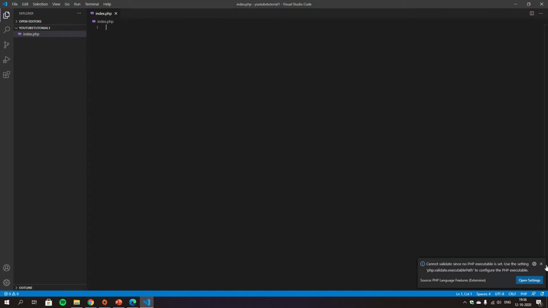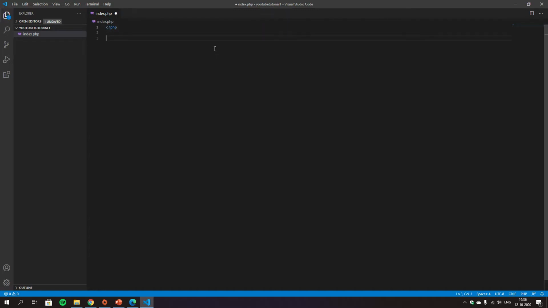Okay, good. You need to remember that when you are going to start PHP coding, you have to write the PHP syntax like this, and close the PHP tag like this. Between them you can write any PHP code.